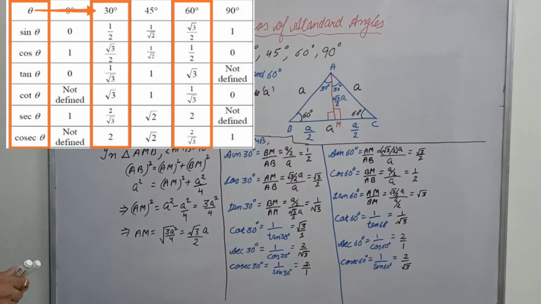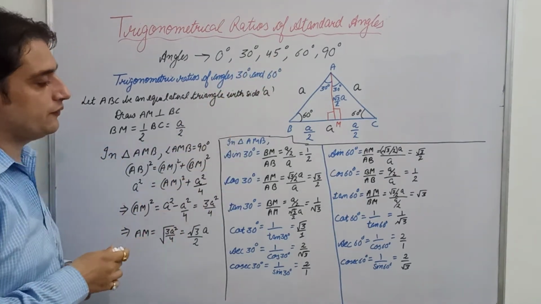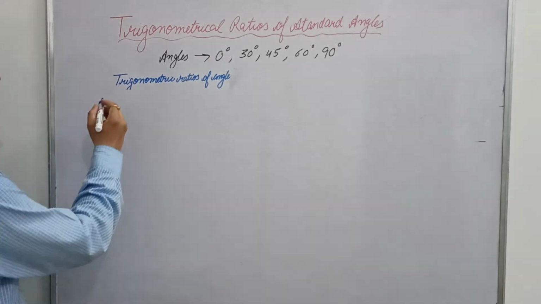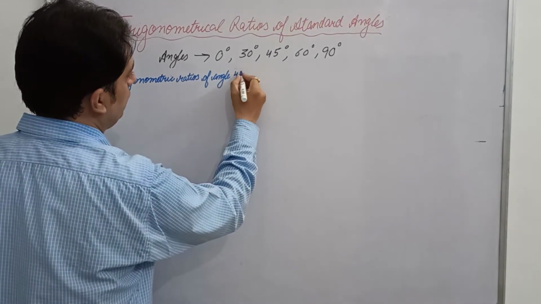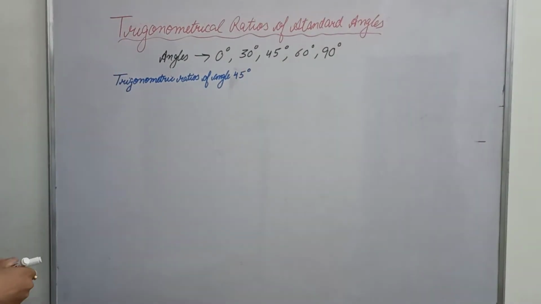How the values of trigonometric ratios are determined for angle 45 degree, right? Now the trigonometry ratios of angle 45 degree. After that we will find the values of 0 and 90 degree also. So for this angle,